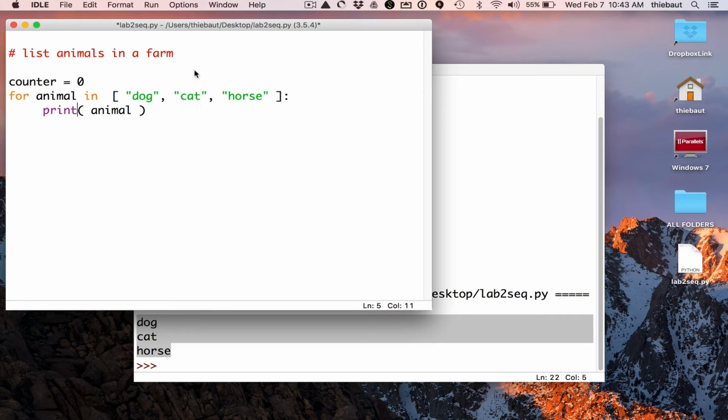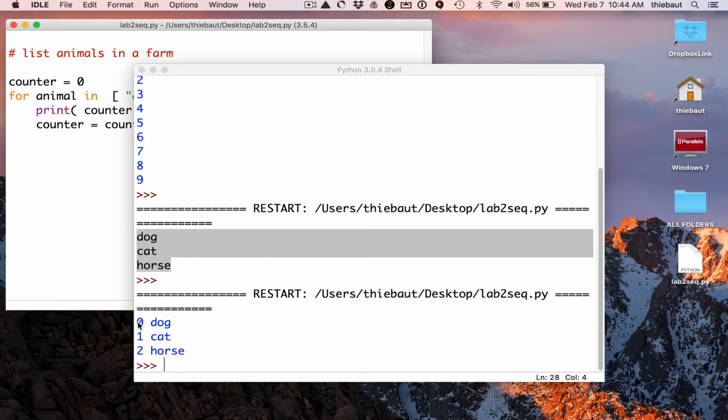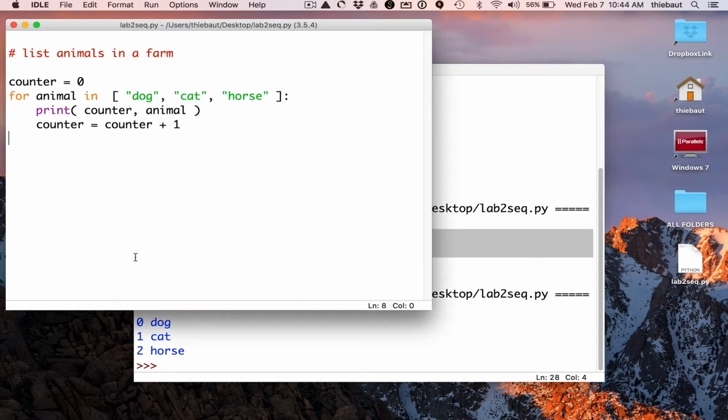Counter equals 0. Counter equals counter plus 1. And I'm going to print counter and animal, and I need to make sure that they're both indented the same way, the print and counter. All right, and if I run this, you see that I'm getting 0 dog, 1 cat, 2 horse. All right, so I'm having two different things that are output, and that vary every time I'm running through the